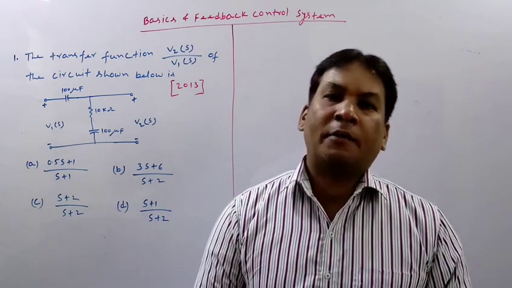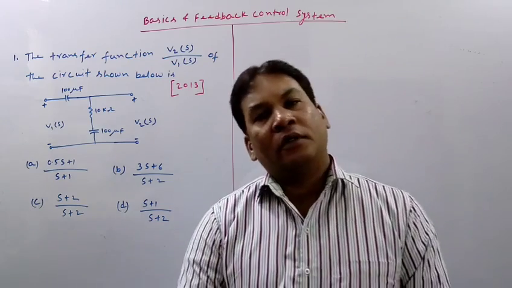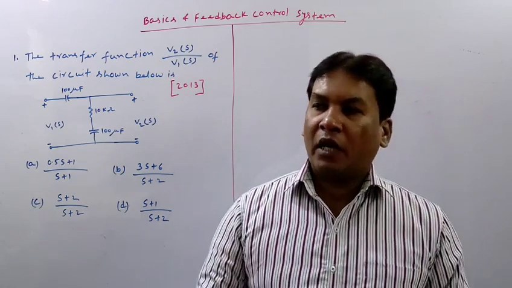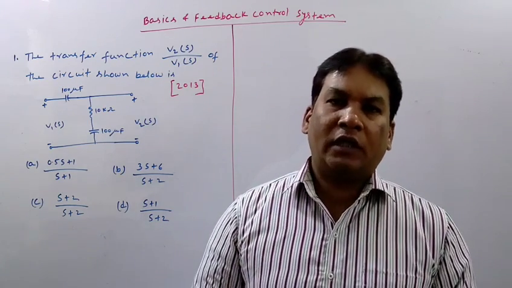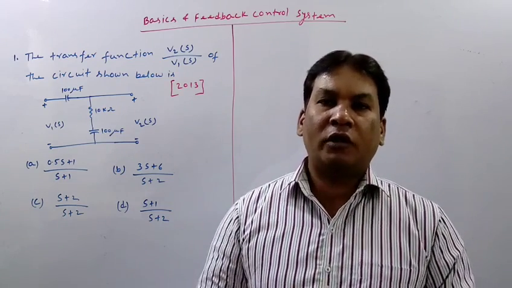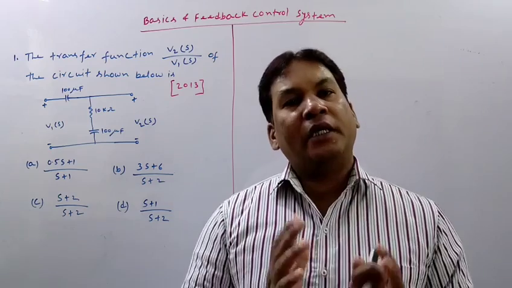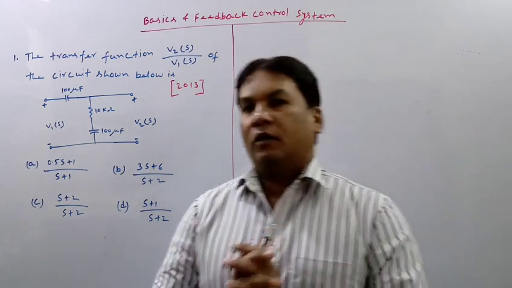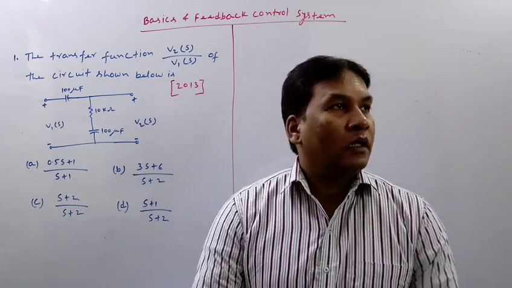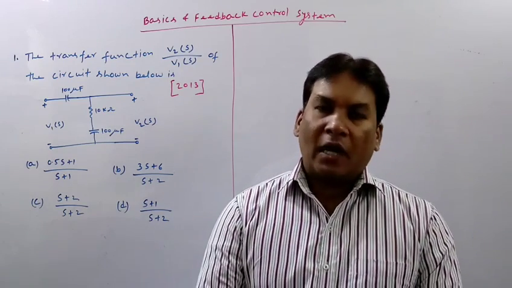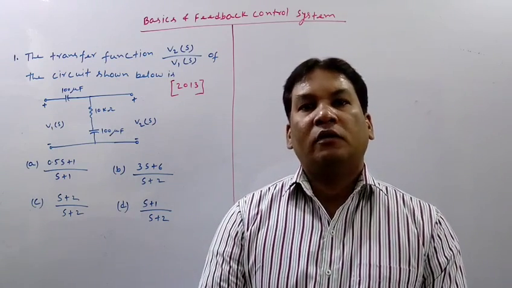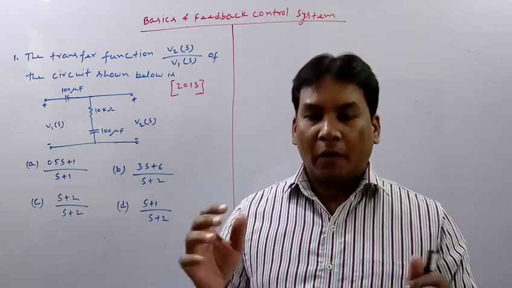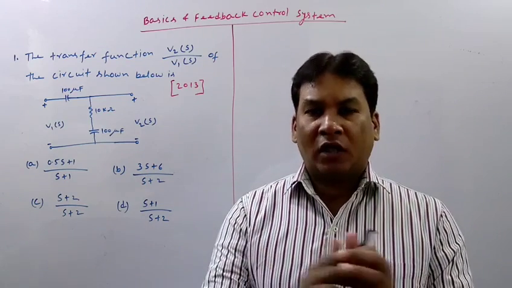There are other sub-categorizations of control systems also. Suppose we give a single input and we are getting multiple outputs, then it is called a single input multiple output system. Can you tell me any such system which is single input and multiple output? Suppose we are driving the car, then what is the input? Input is our eyesight and fuel to the car.